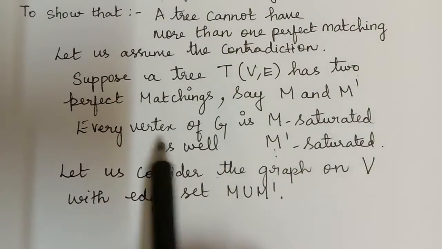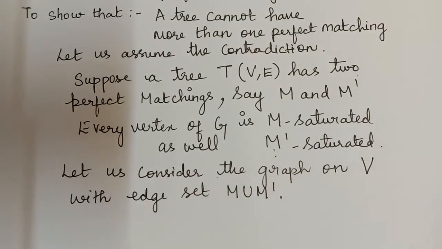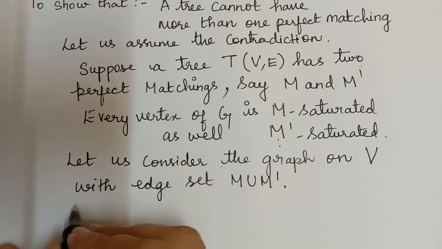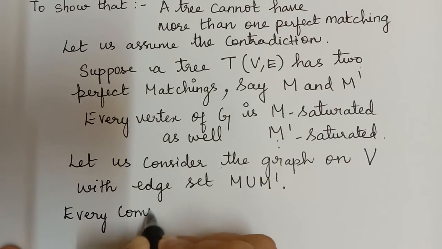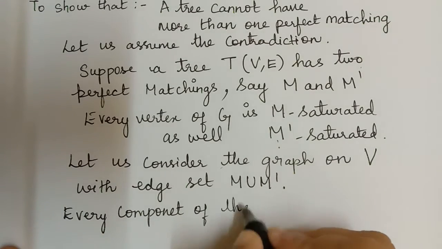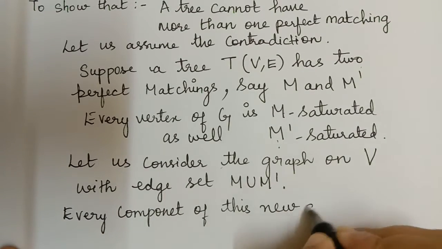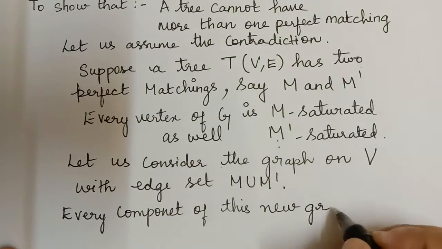Now since every vertex of G is M and M dash saturated, every component of this new graph, which is formed with the vertex set V and the edge set M union M dash,